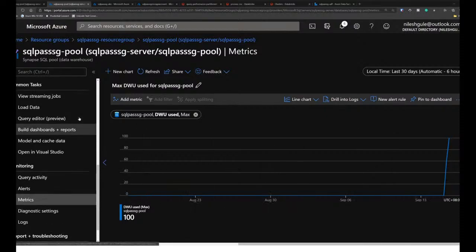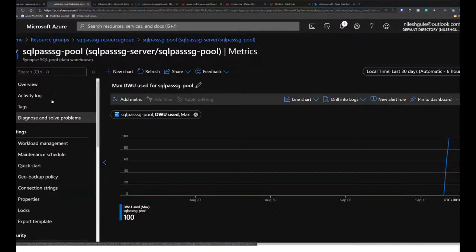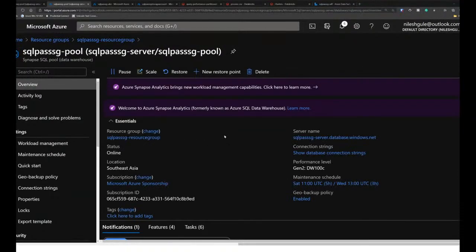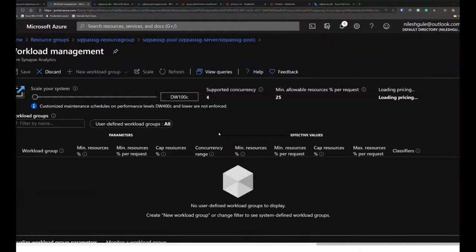Another good feature of this is we can also pause the SQL data warehouse. So you can see here that there is a pause option. Because the compute and the storage are separated in SQL data warehouse, if we don't need the compute capabilities, then we can pause while the processing power is not required, and the data will still be available because the data is stored in the storage account. We can also scale this. So let's say I started with initially 100 or 200 as data warehouse units. I can scale it to a higher value here.